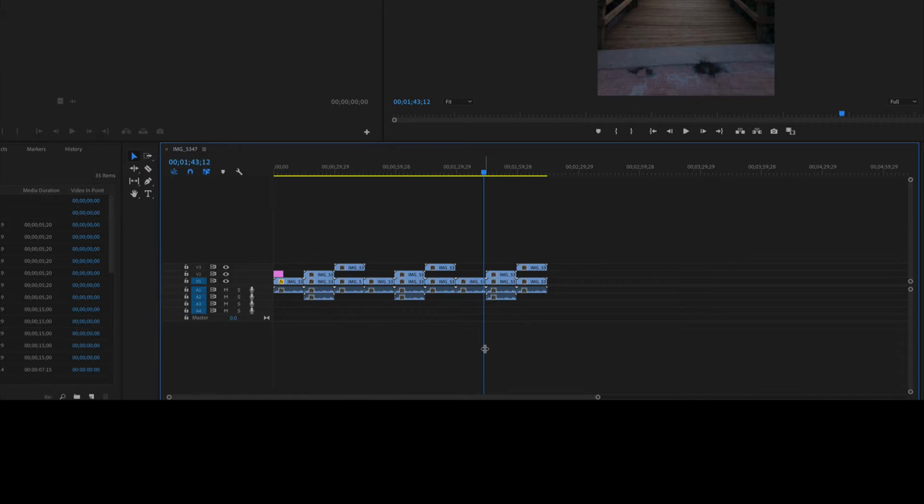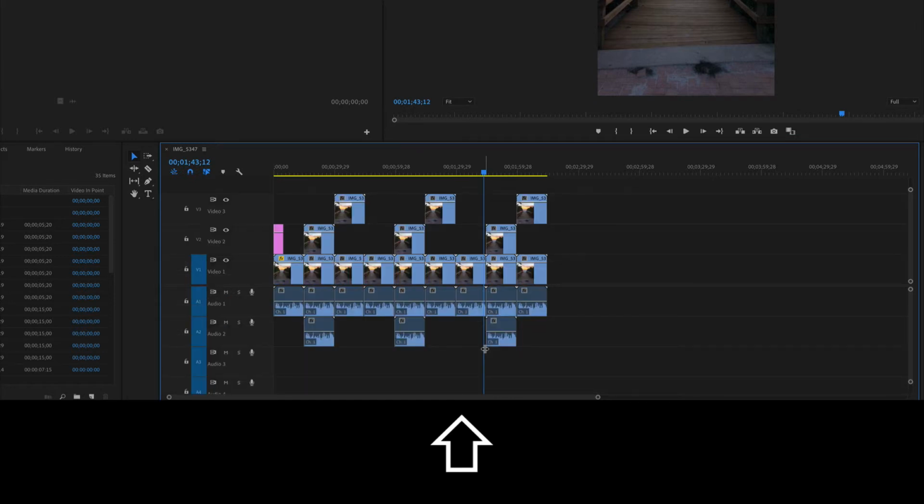And if you want to expand both the video and the audio tracks at the same time, press the Shift key, then tap on the plus or the equal key, and you will expand both the video and the audio tracks. If you want to minimize both the video and audio tracks, hold the Shift key again and tap on